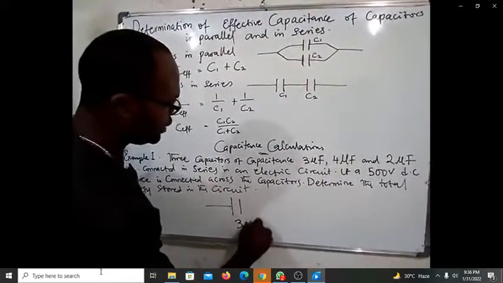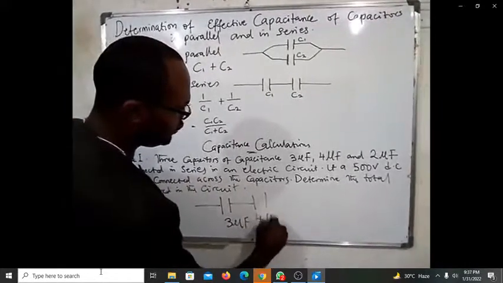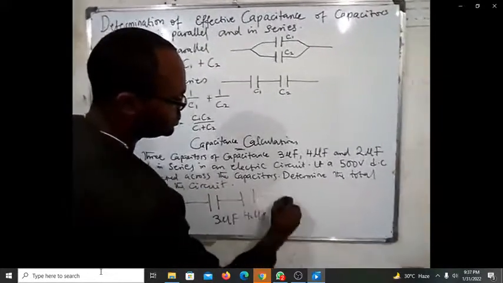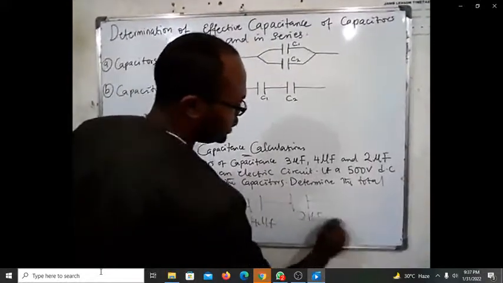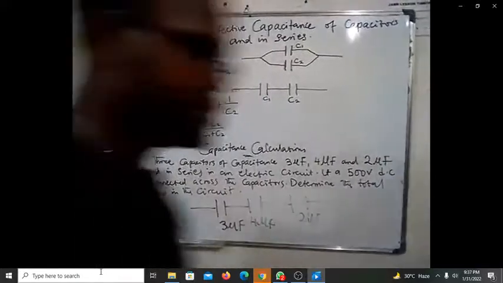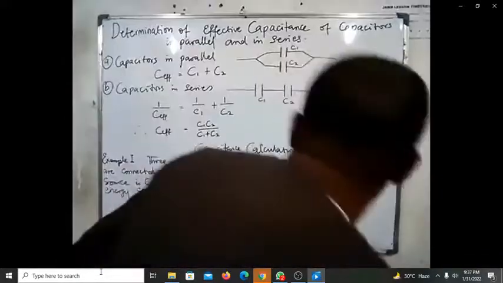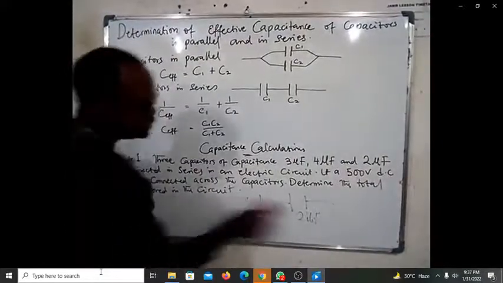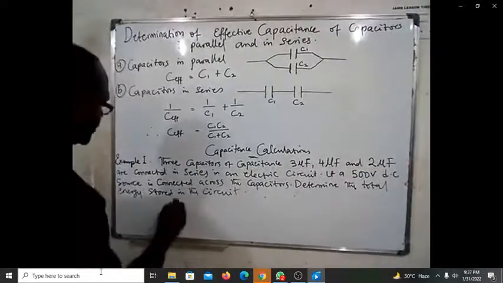3 microfarad, 4 microfarad, and 2 microfarad. So they are connected in series. So whenever you have a series connection, how do you solve the calculation? How do you solve the calculation for series connection? So you're going to have that